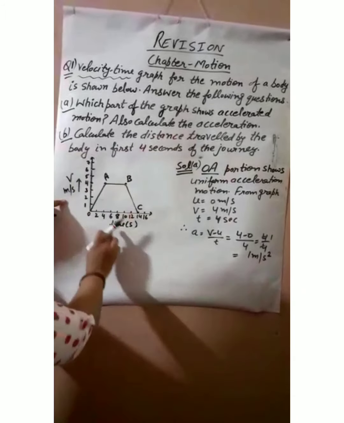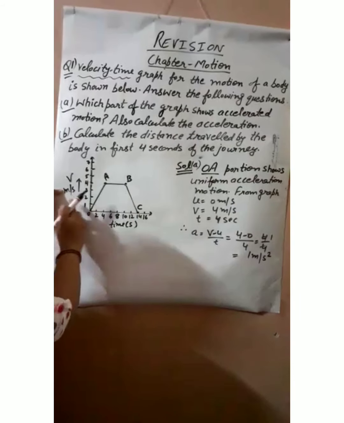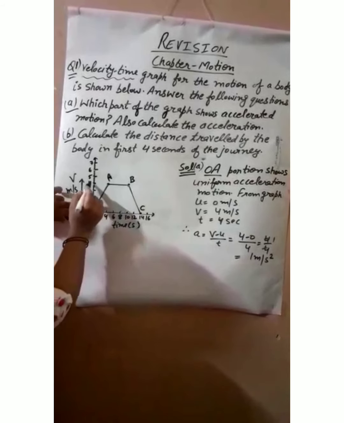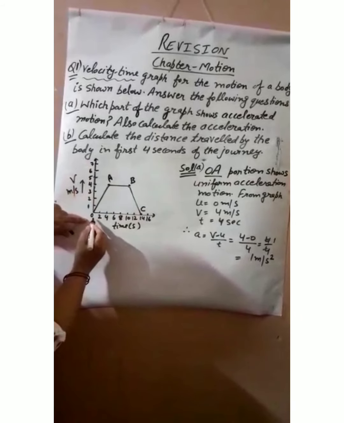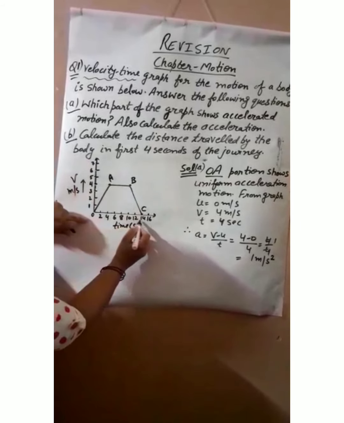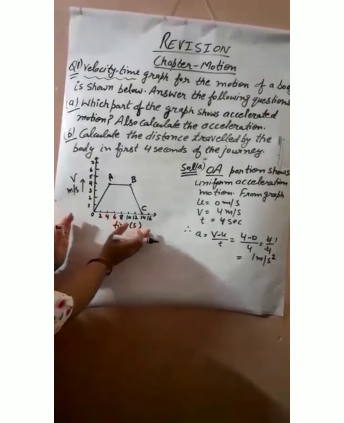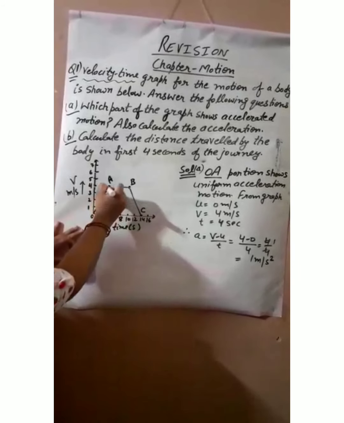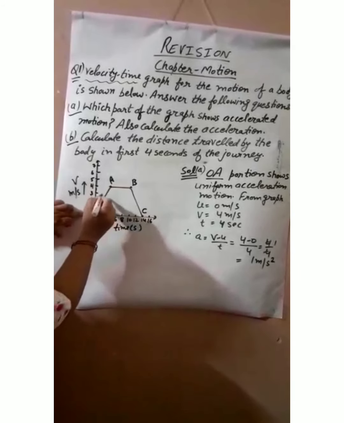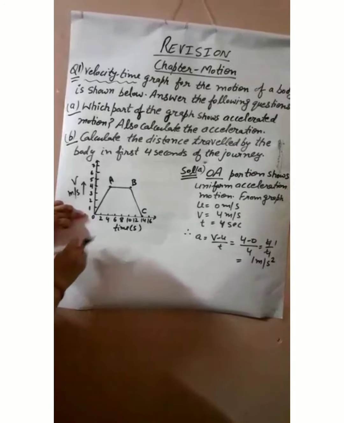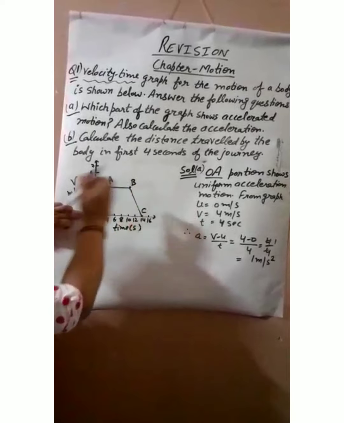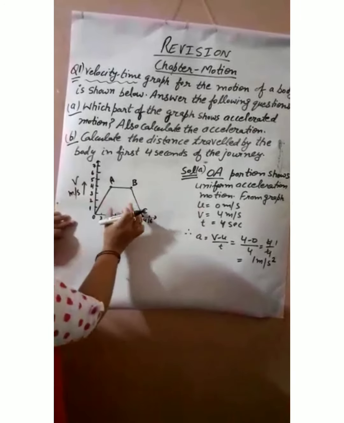So this is your velocity time graph. Velocity is along the y-axis, time along the x-axis. As you can see, the scale 1, 2, 3, 4, 5, 6, 7, 8 is given here, and here it is given 2, 4, 6, 8, 10, 12, 14 and 16. So this is the time given and here is the velocity given. And as you are watching, it is a straight line, so the body is increasing its velocity in equal intervals of time. Here velocity is constant and in this region velocity is retarding. So we will do the solution using this.